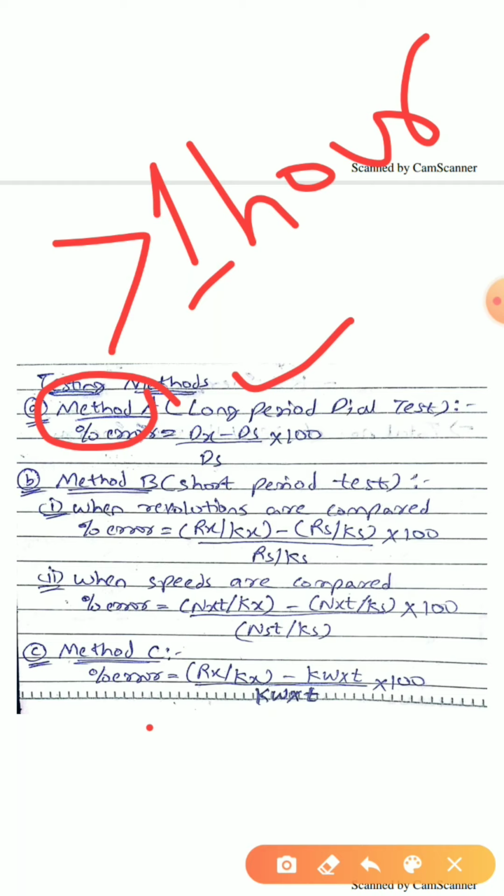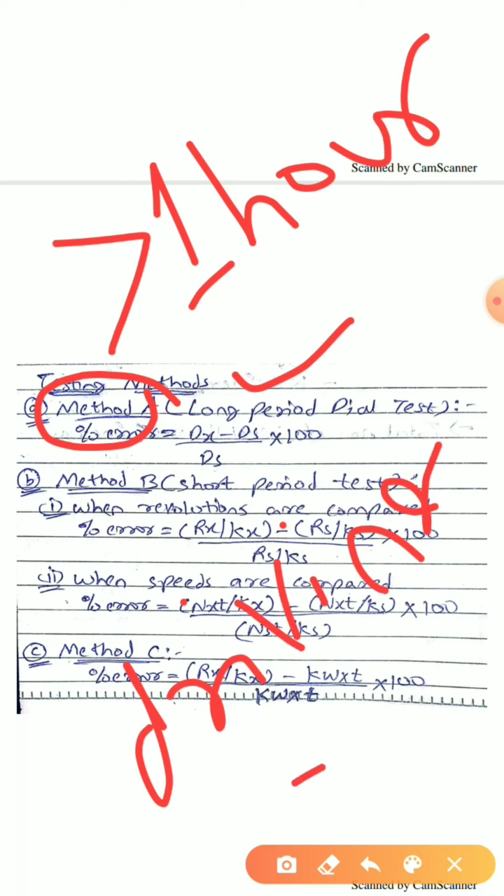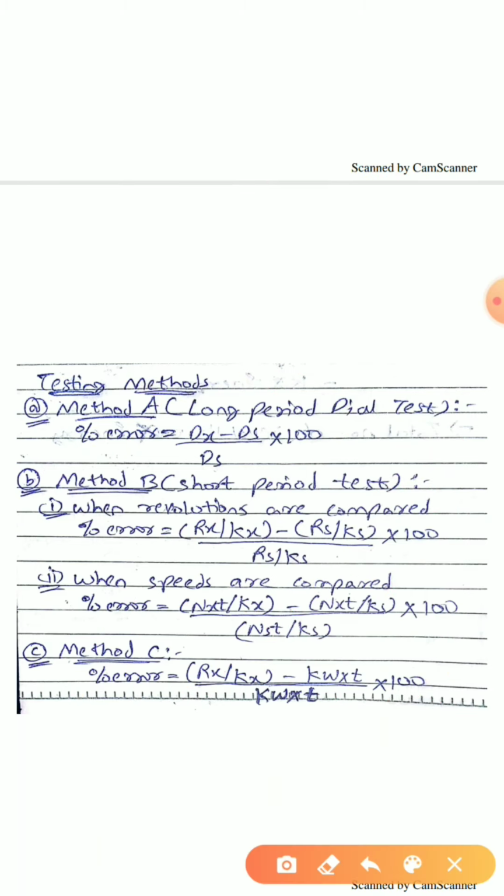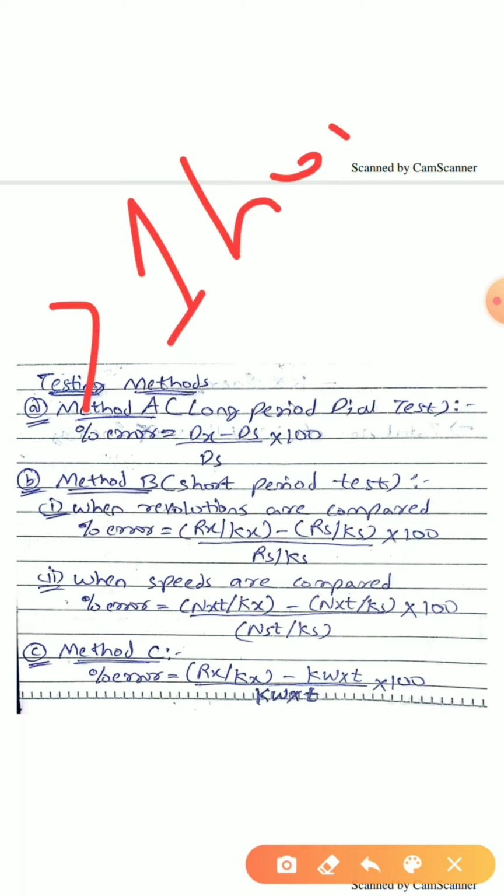are correct. For example, when we were discussing the construction, we saw that there was a driving mechanism. This driving mechanism used some gear assembly. Now all these gear mechanisms, the driving assembly, and the registration mechanism will be checked. Therefore it is called the long period dial test. It is called long period because it is for greater than 1 hour, and dial test because all the gearing, driving and registering assembly is checked to ensure it is working properly or not.